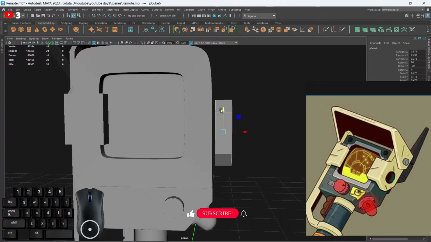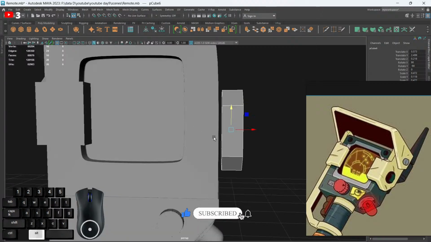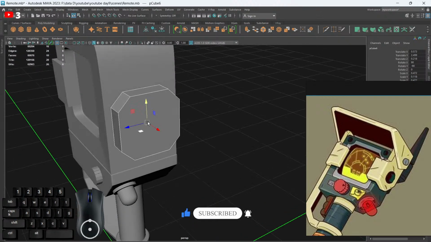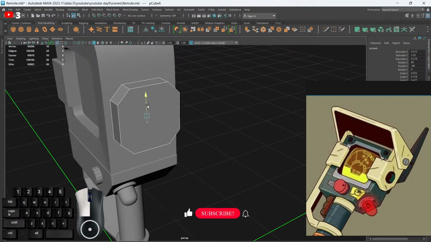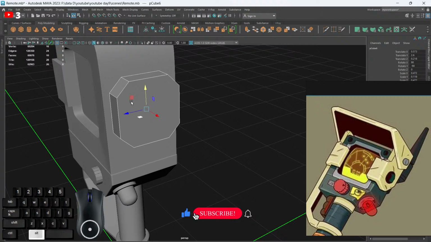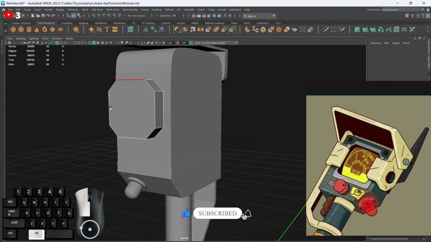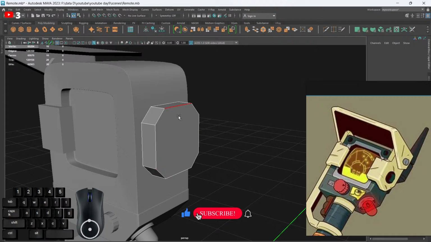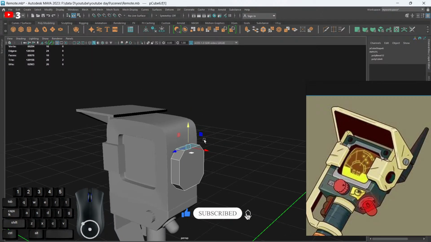Exactly here. So if we bring this here, and if I remove this edge, no, we can't. This, no. Okay. And if I take this, bring it up like this,